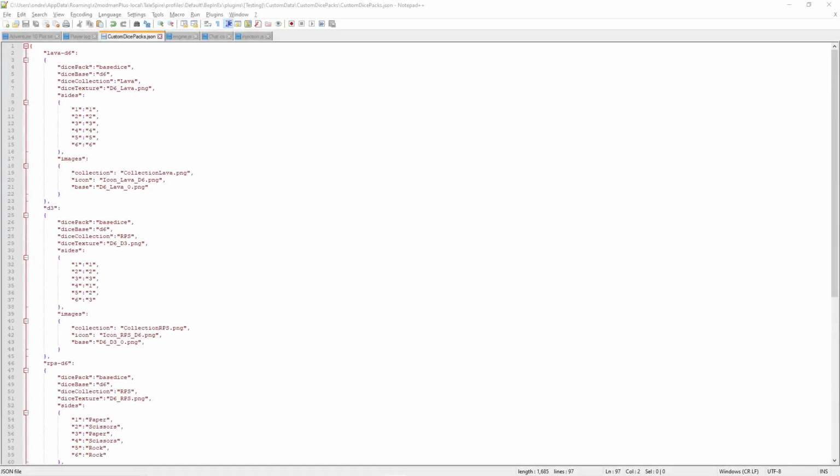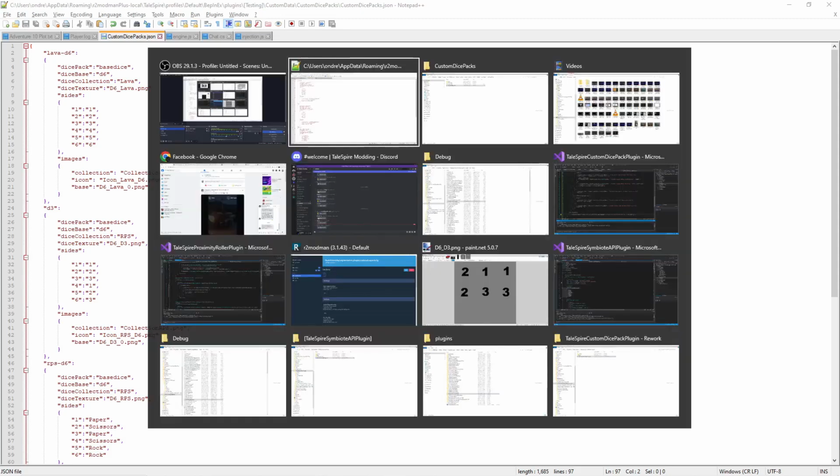Okay, so you've got the custom dice plugin, but you'd like to make your own custom dice, and you're wondering how to do that. Well, it's not too difficult. Inside the custom dice plugin pack, you will find